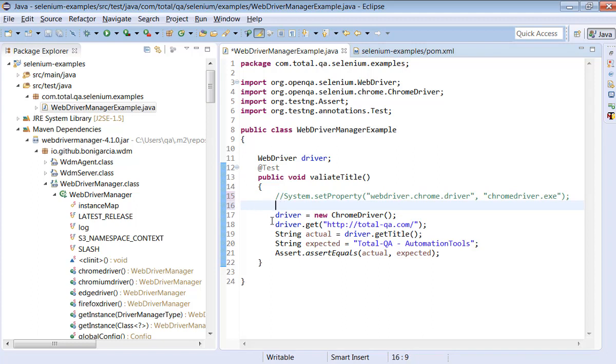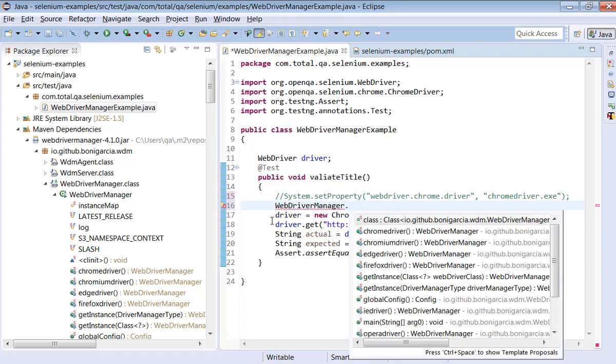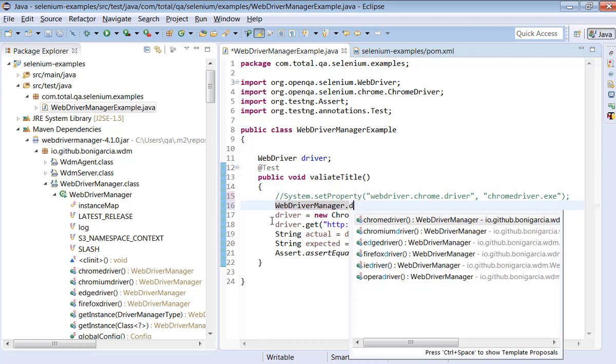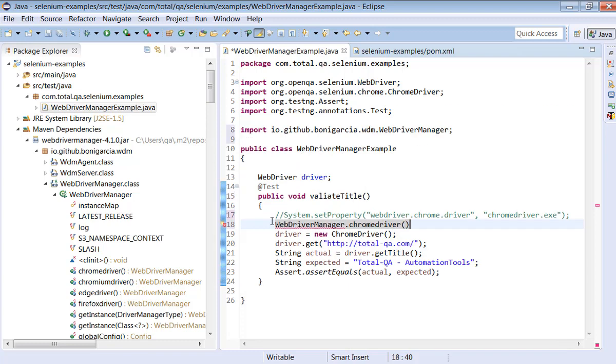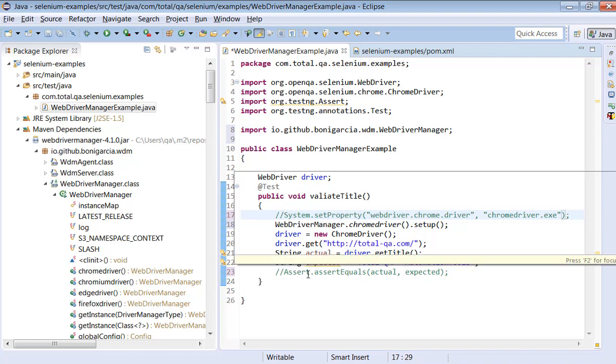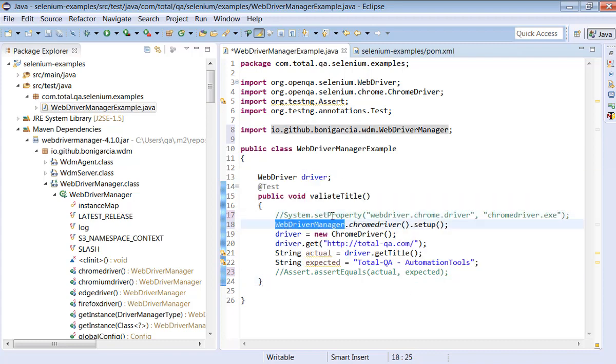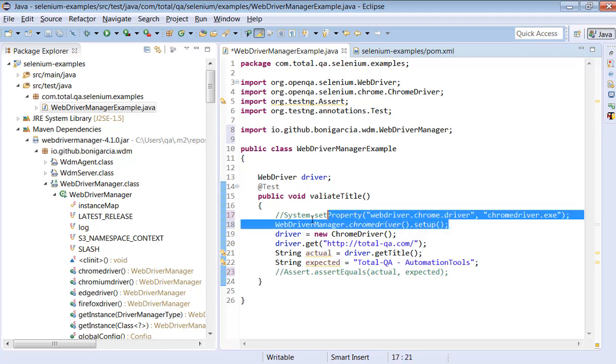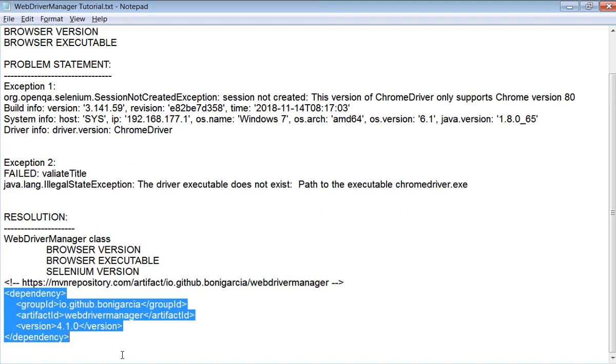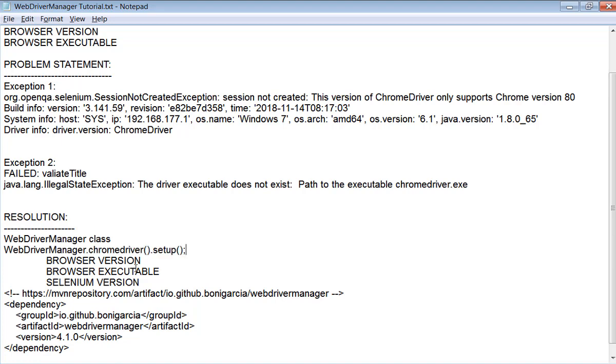I just mention WebDriver Manager dot which browser we need. Let's see, Chrome driver is there, Firefox driver is there, Edge driver is there, but we use Chrome driver now. Dot setup. I think we just comment this. At least we know that program is working fine, even the session is failed. Right? So we are trying to say webdriver.chromedriver.setup. If you try to copy this and keep it here, so this is the solution for us. We are using Chrome driver.setup using WebDriver Manager.